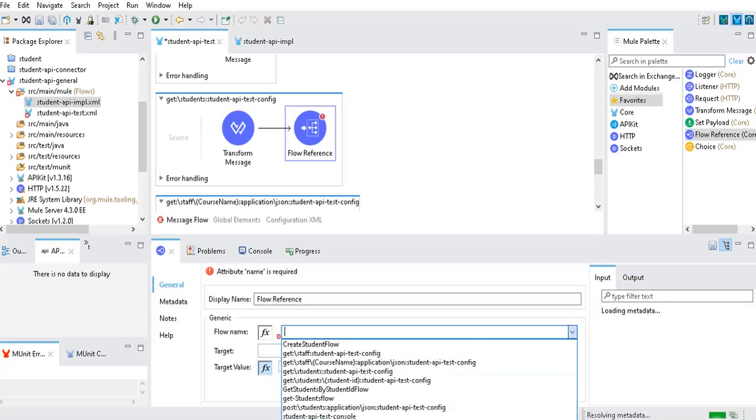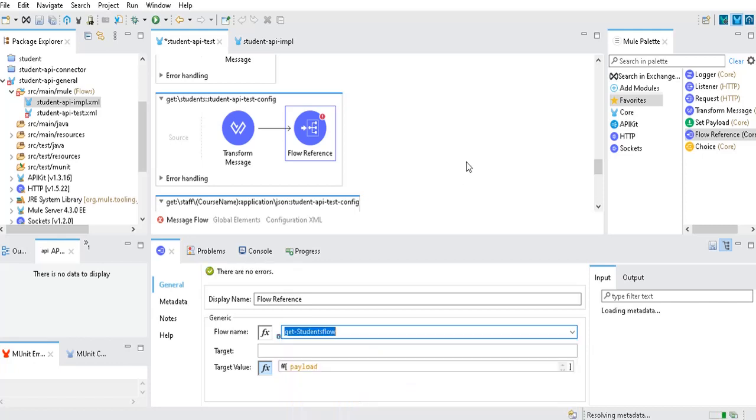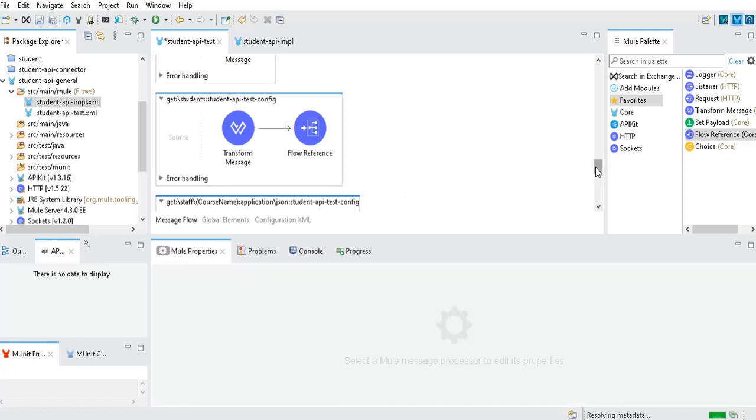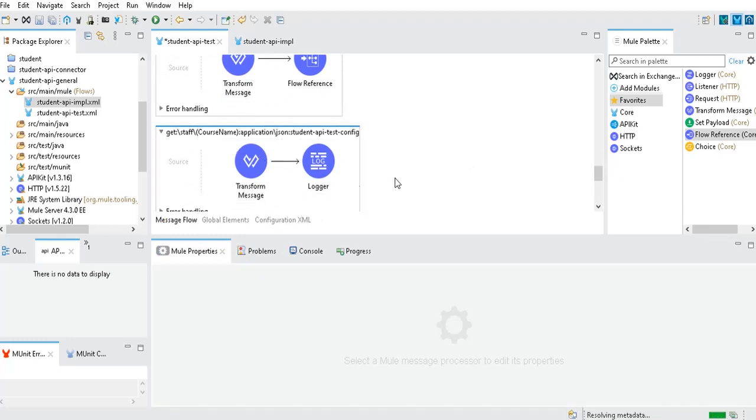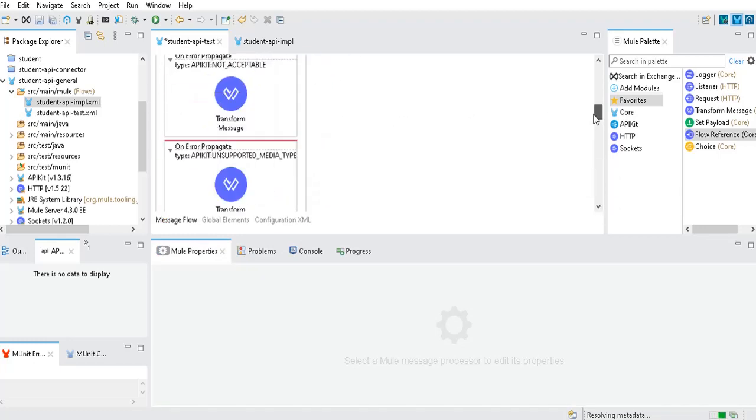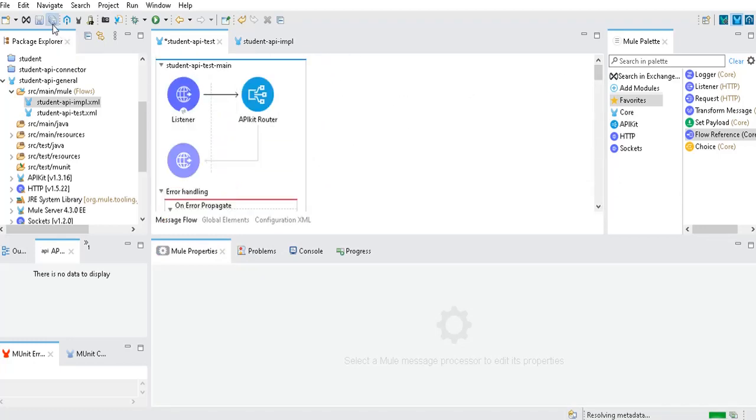So get students flow, yeah. So this is how we are going to invoke all the implementation flows in these resource mapping flows. Okay, this is our usual method. Now I will show you the new method.